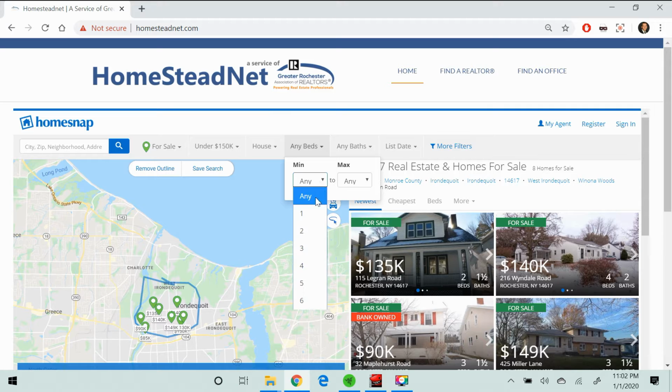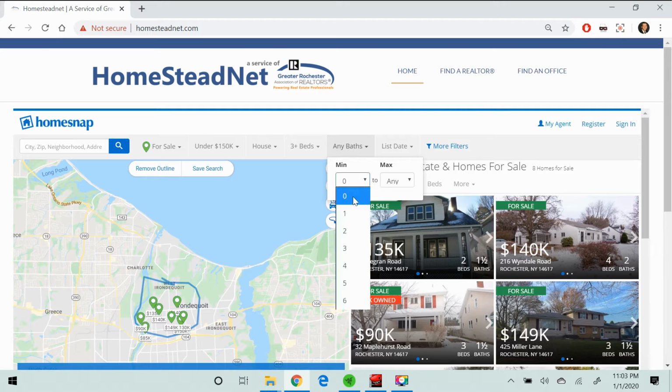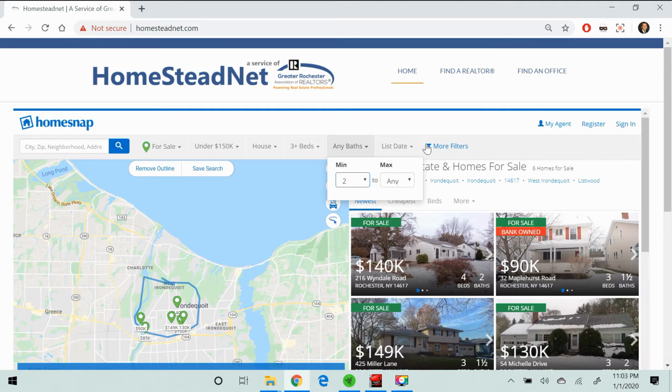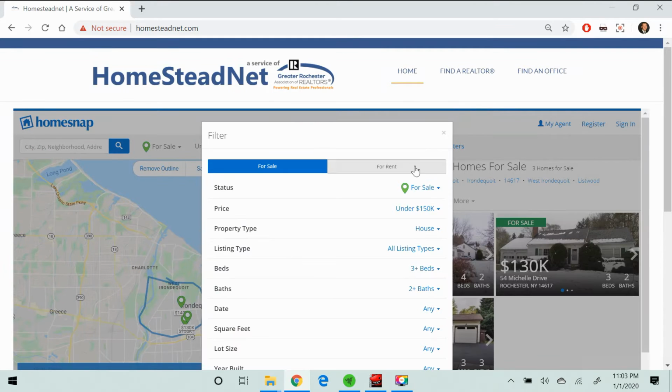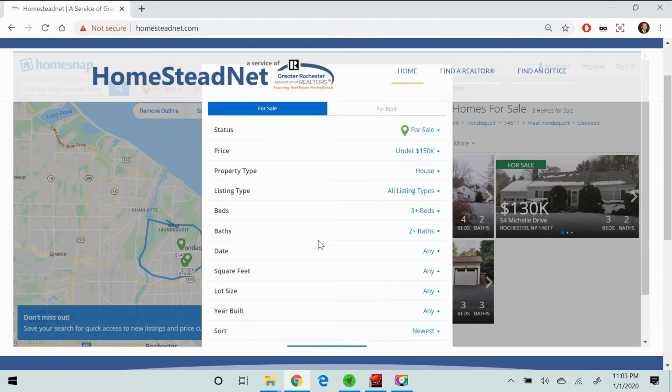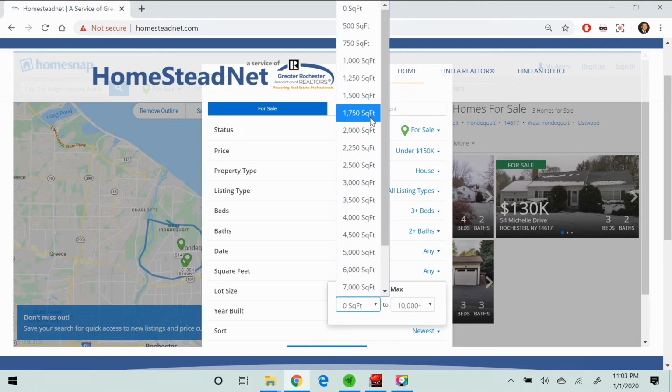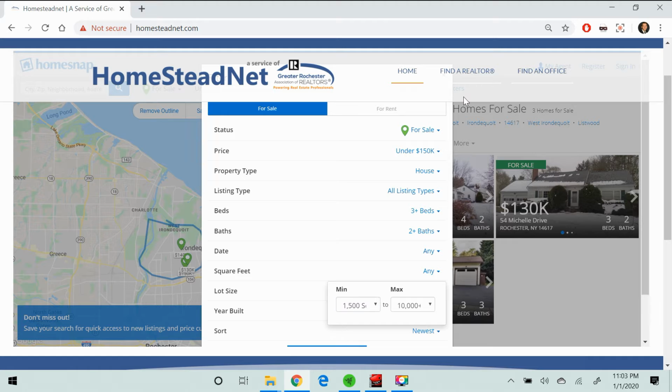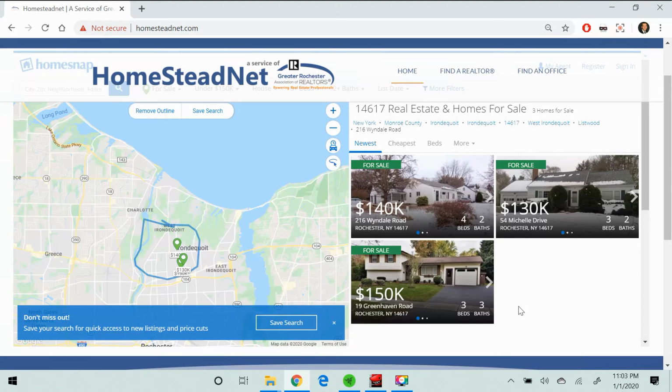We're going to have a minimum of 3 bedrooms today. Click on baths. We're going to have a minimum of 2 bathrooms. Go ahead and click on more filters. List date we're not really concerned about. A lot of the stuff we already filled out, but you can go from lot size to year built, but the only thing we're concerned about today is your square footage. So we're going to have a minimum of 1,500 square feet. Let's click off there. Alright, we have 3 candidates that we're going to preview, and we'll just do one today,